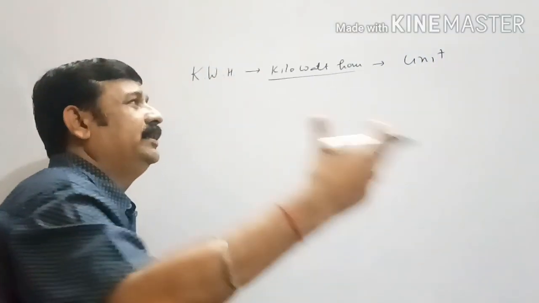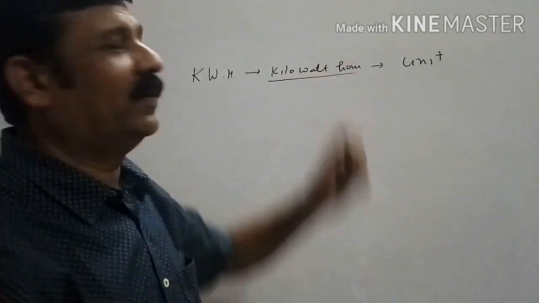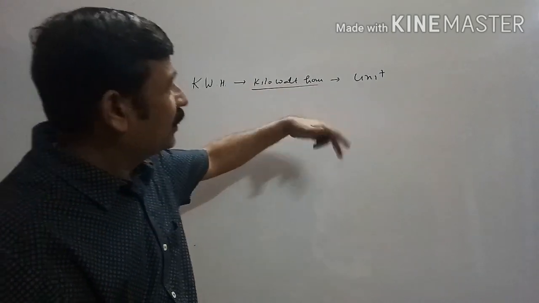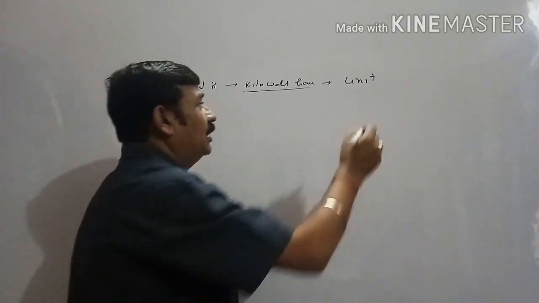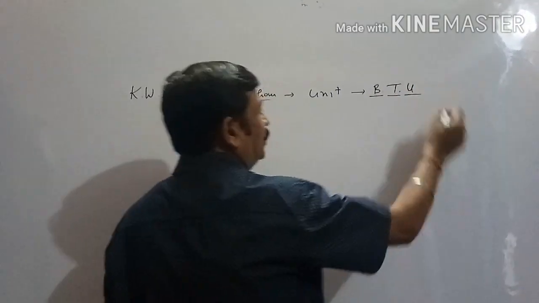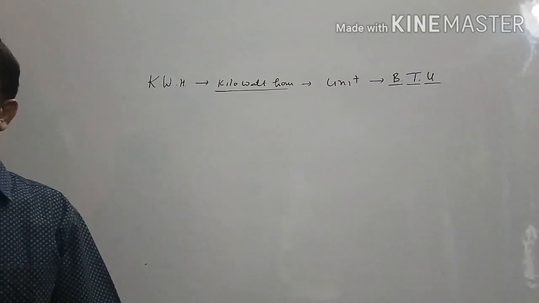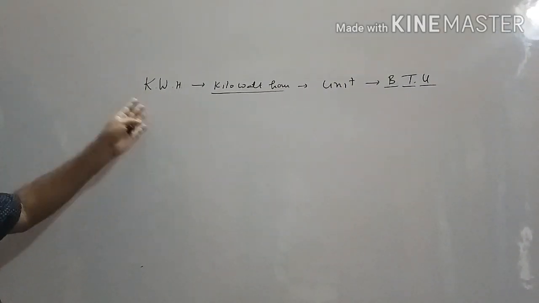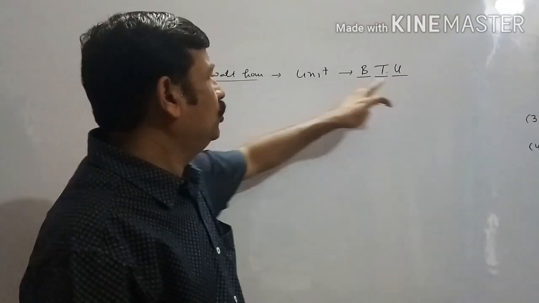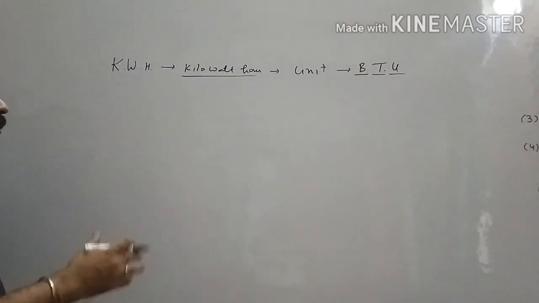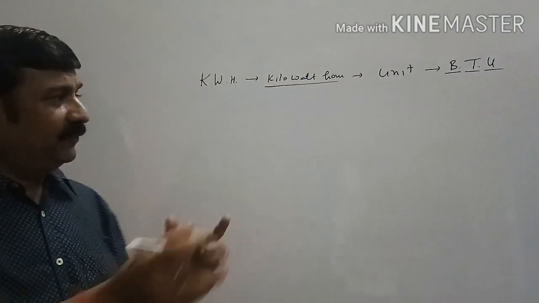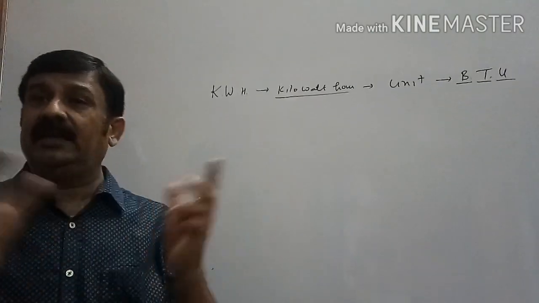We say 100 unit electrical energy is consumed. 100 means 100 kilowatt hour. If we are saying that 500 unit electricity is consumed, it means 500 kilowatt hour energy is consumed. It is also known as BTU, Board of Trade Unit. So these are the different methods to write the commercial unit of energy. You can say kilowatt hour, you can say BTU, or you can say only unit. This is a very big, very large unit of energy. Joule is a very small unit.